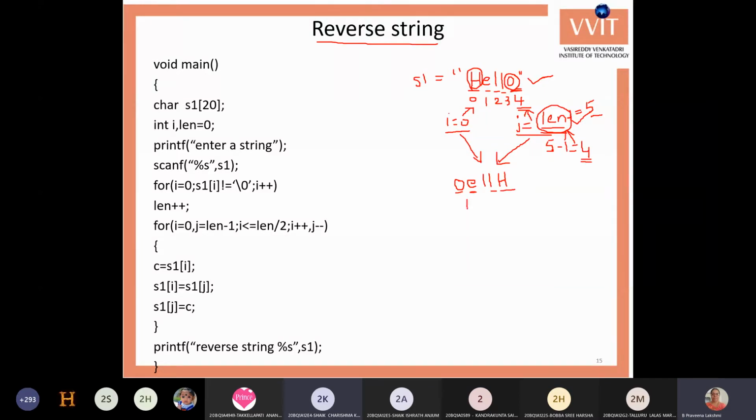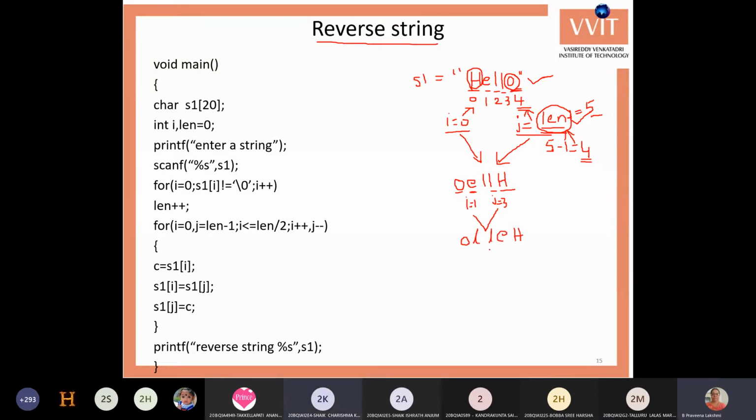That is, i becomes 1 and j becomes 3. So j is decremented, i is incremented. Now these two letters will be exchanged. Then we'll get the output as O, L, L, E, H.